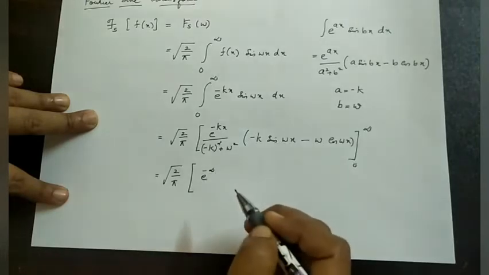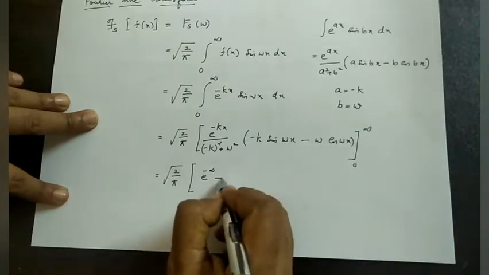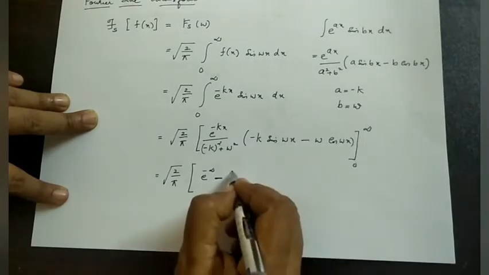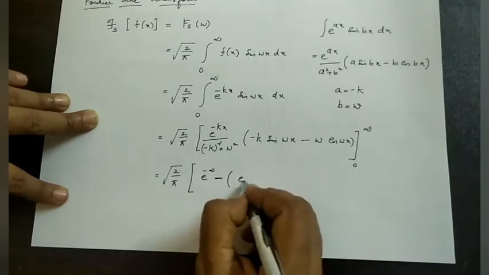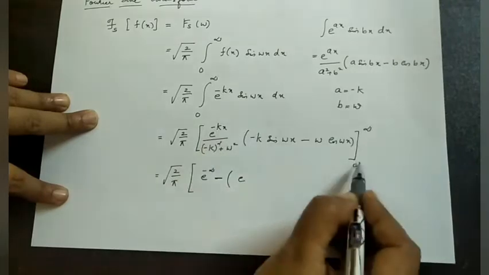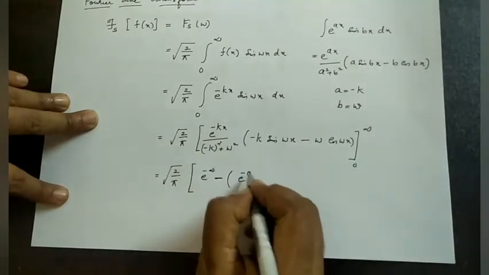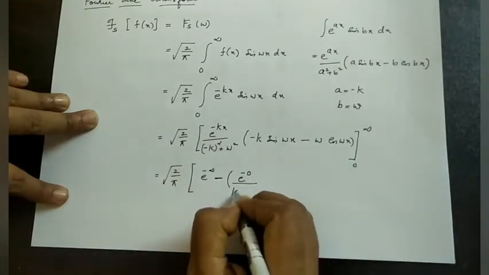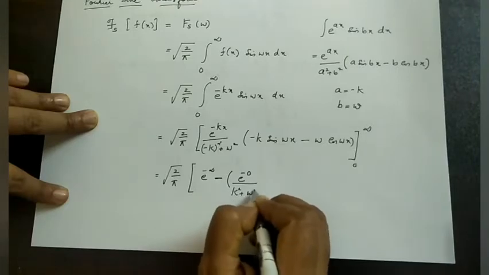Then minus lower limit, before applying lower limit we will put a minus sign, then a bracket, then e raised to minus k into 0, that is e raised to minus 0 by k square plus omega square,